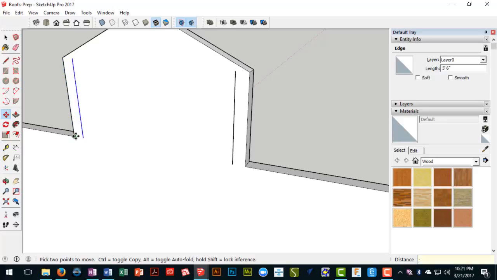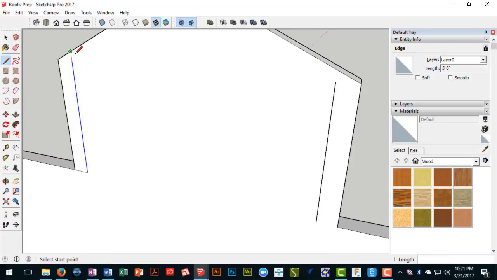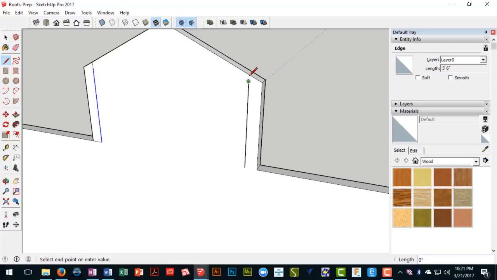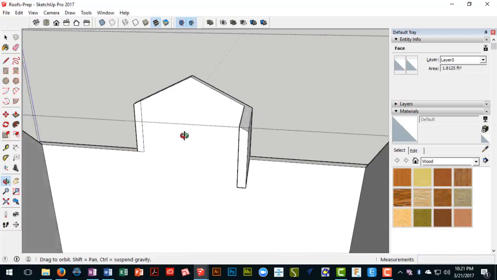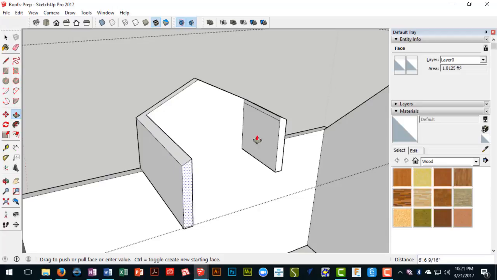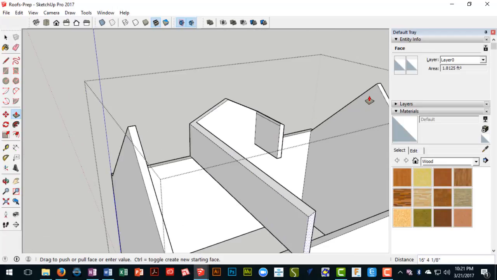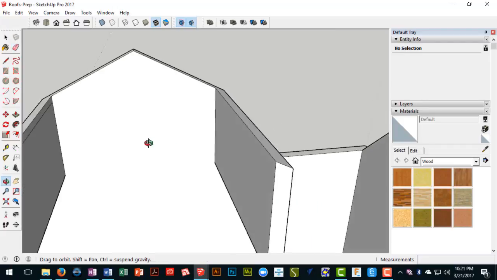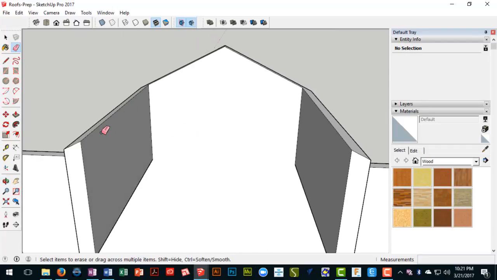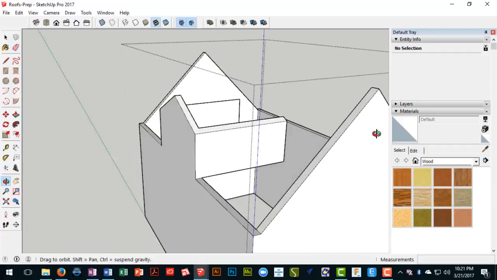And I'm going to fill in this space so that we can push pull it. And the same here. Okay, so now we should be able to pull this wall back in. We don't know how far, so we'll just push it back. Let's go reference the ridge. That should be more than enough. And I'm going to get rid of this line here and this line here. Okay, so